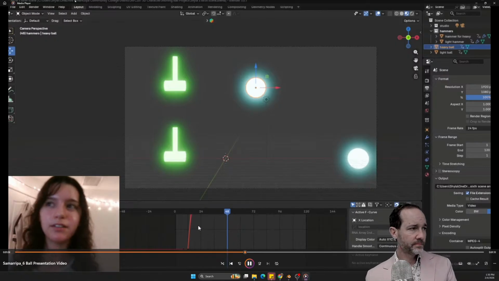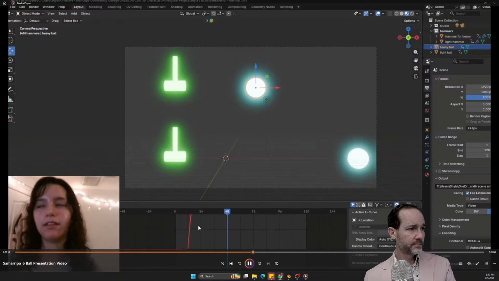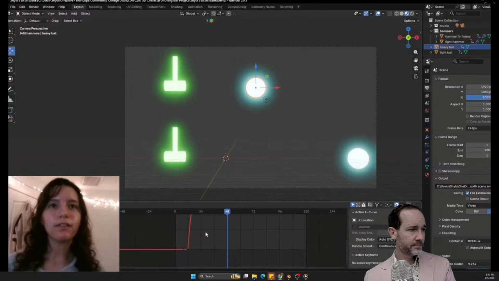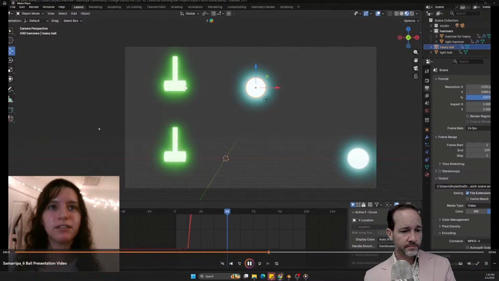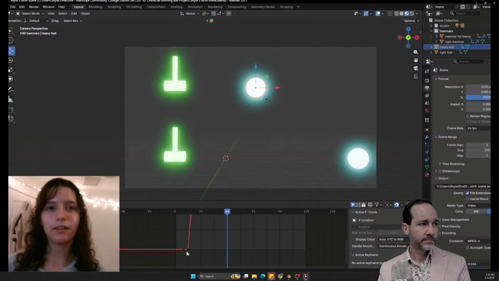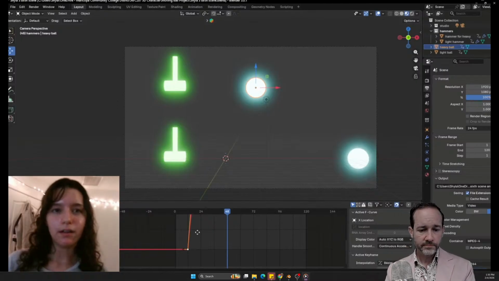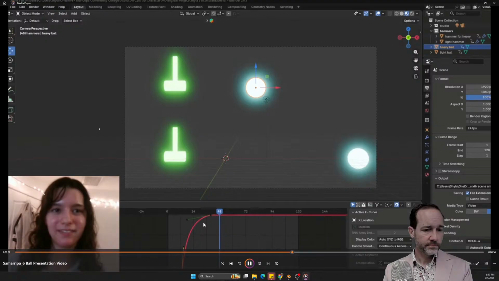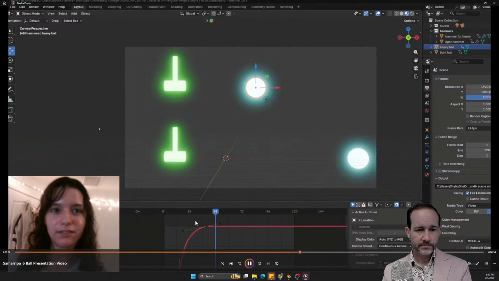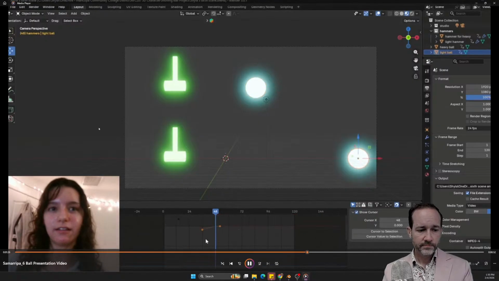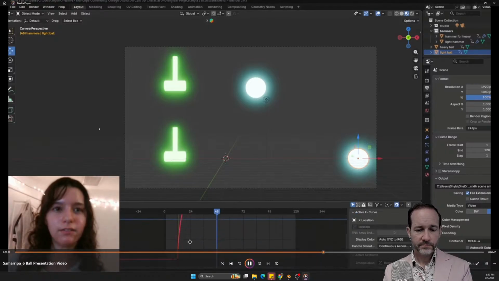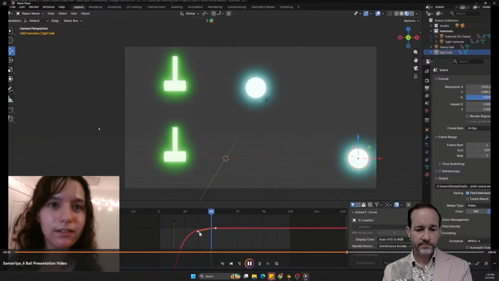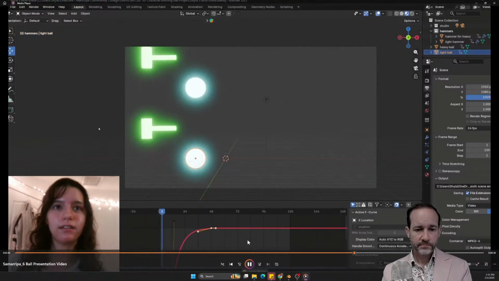Okay, and then I took the same approach as with the bouncing one. So when it's hit, I imagine that it goes really fast at first and then loses speed. So I basically shot this straight up, and then when it slows down, it's very slow. That one's the heavy one. The light one is a lot more obvious. Let me see. Yeah, so this one goes straight up, which is just this way. It's not actually up, it's on the x-axis. And then this one slows down, and I'll play it again.